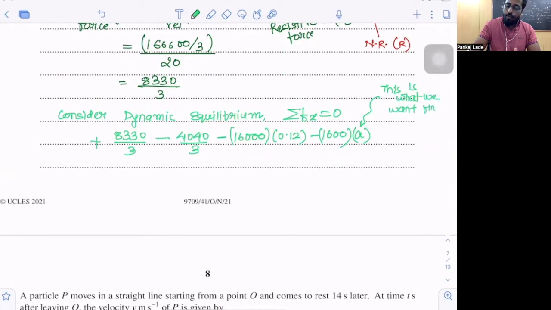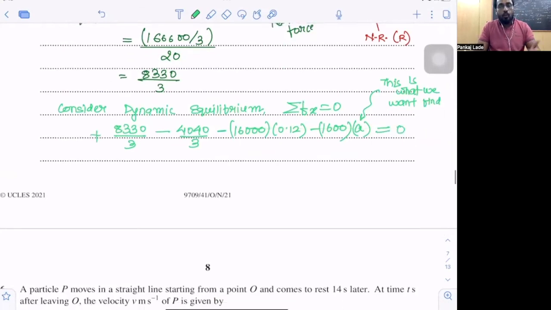This is what we want to find. And this is all equal to what? 0. Is equal to 0, right? So can you now solve the equation, send the 1600A on the other side, and then divide the entire equation